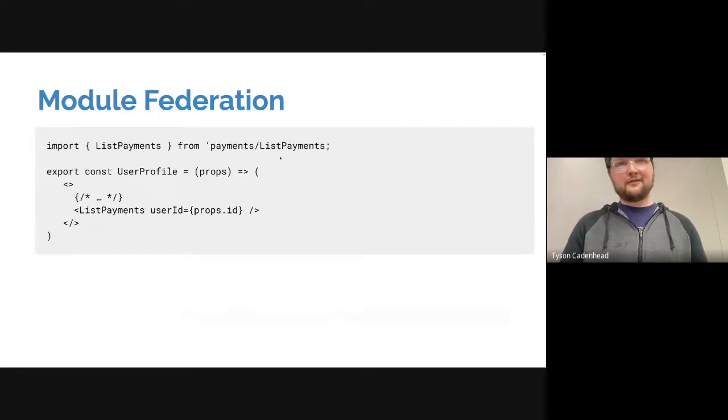Once that's all there, you can just pull in your modules like you would usually. We're importing payments from payment/list payments. And here's just a regular React component that we're adding inside of there. It just works like usual, but it's actually coming from another complete place. And we can make changes to those two services independently. So we could change our payments module without even making any change to, or redeploying, our users module.